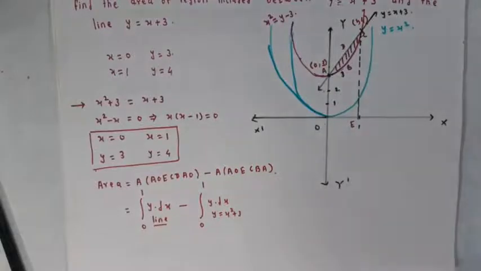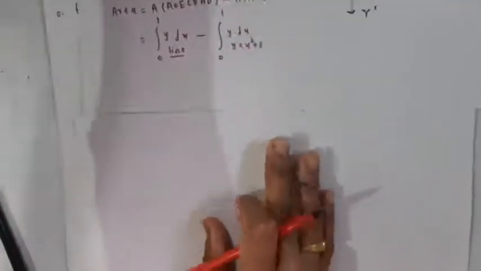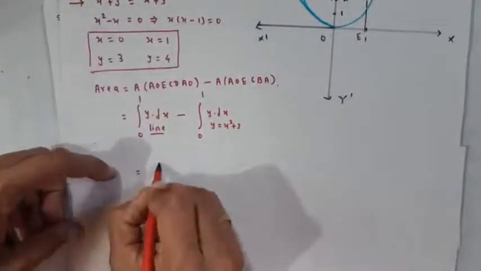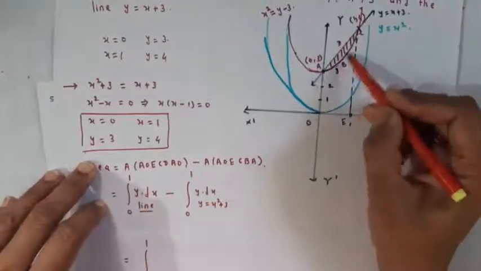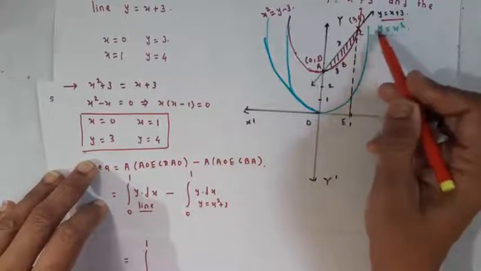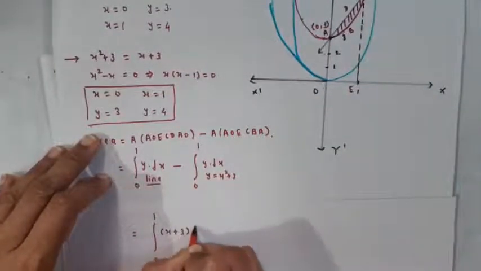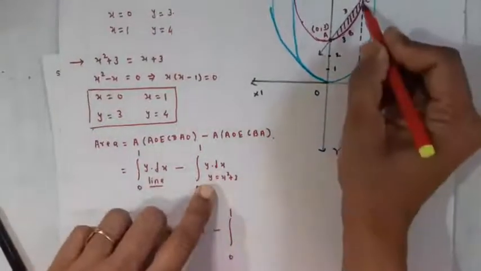Okay, now to find out the area in between them. This is equal to the integral from 0 to 1 of the area due to the line, y equal to x plus 3, that is x plus 3 with respect to x, minus the integral from 0 to 1 due to this parabolic curve,